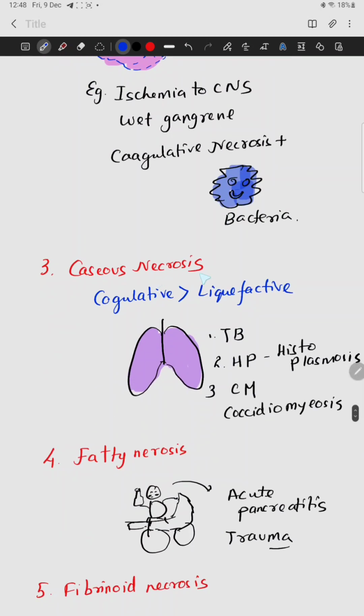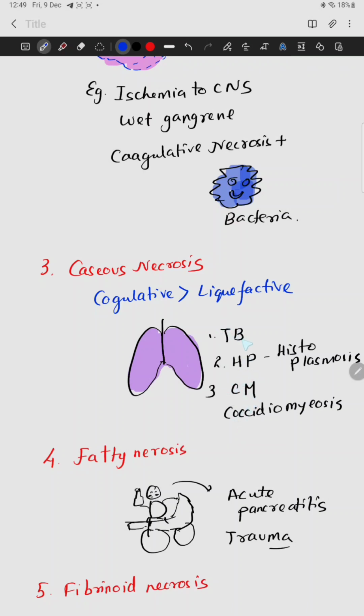Other types, mainly caseous necrosis. Caseous necrosis is actually more coagulative than liquefactive. It can be liquefactive, but it is more of a coagulative type. And this mainly happens in the lungs, right? Remember, caseous, lungs were affected. So caseous, lungs, and the famous disease of the lung, which is TB, that you will remember, right? And remember, the TB program is Nikshay, right? And CM was typing that in his HP laptop. From that, remember CM and HP.